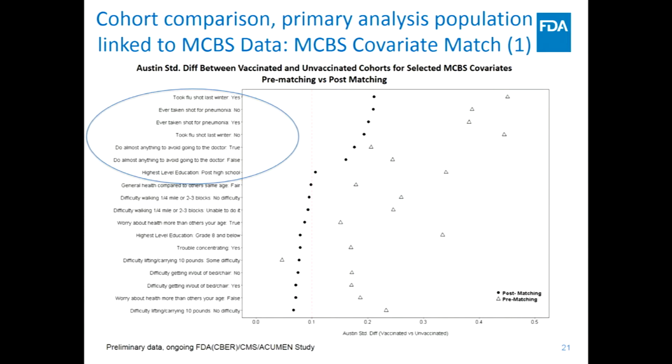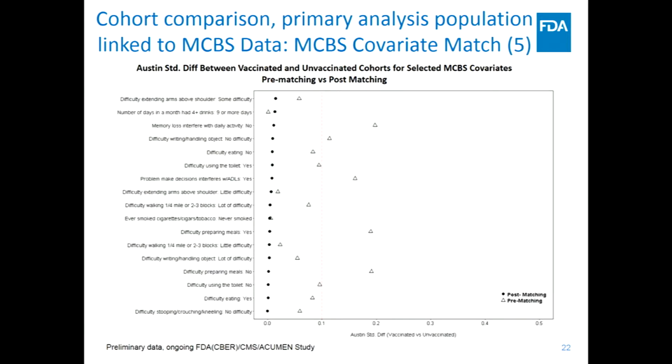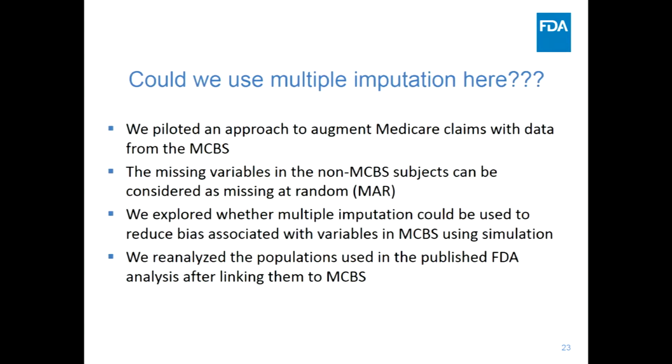And we matched them. And we saw that some of them, this is standardized mean difference, so to the right is less balanced, let's say. But some questions were unbalanced. All of the others, and there are 100 of them, were very well balanced within the standardized mean difference limit of 0.1. But these ones about likelihood of using health services for prevention, vaccination, etc., and the level of education were not very well balanced. Nothing dramatic, but not perfectly balanced. And then we ran it for other covariates, as I said, all of them much better balanced. I will not bore you with the whole list of covariates created by the survey.